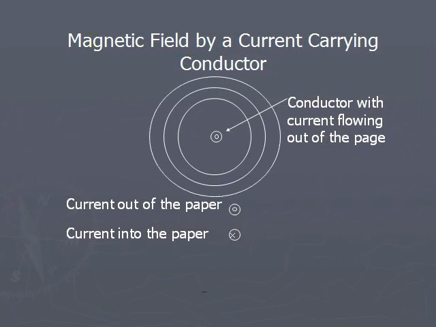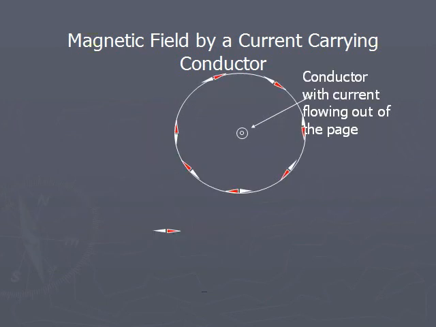Now we have to identify first the shape of the magnetic field. Around this conductor, the shape of the magnetic field is a circle. So around the conductor, magnetic field will be created in circular orbits. And then another one is the direction of this magnetic field. It is indicated by a magnetic needle.